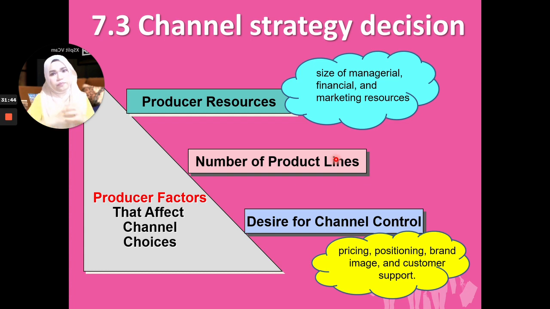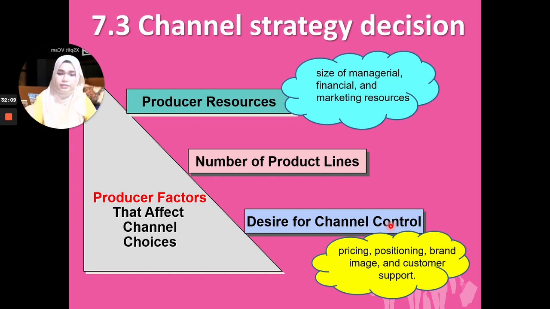So if you have many product lines and you can afford to open up your own shop to sell everything under one roof, then you may want to use your own direct channel. But if not, then you might use the retailer channel or wholesaler channel, right? And the desire for channel control. Now, bear in mind that the moment you pass the product as a manufacturer to the channel members,